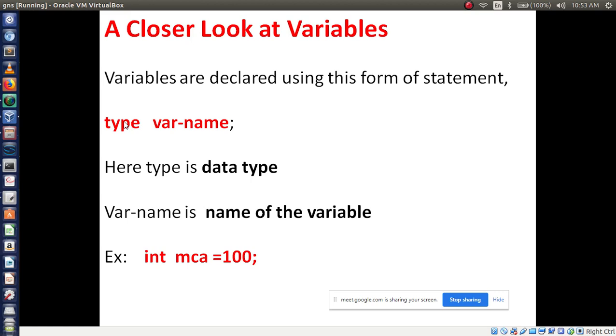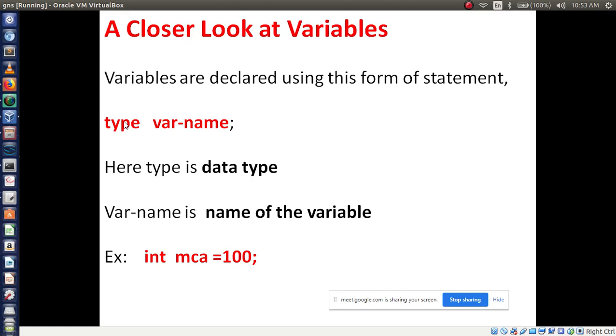The name given to a memory location, that is nothing but the variable name. So variable name is user defined. You can define any kind of variable name, and we have to follow the standard rules to declare a variable name, like we discussed in identifiers in the previous class. So those rules we have to follow to declare a variable name.